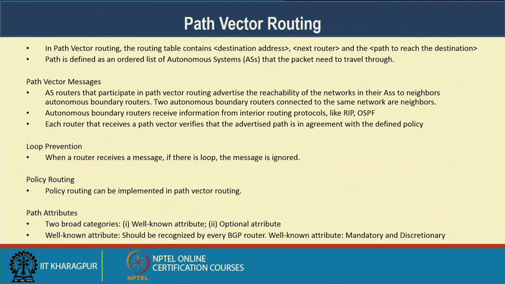Also, when we talk about paths, they come with attributes. It is not only the AS; there are attributes along with it. There are two broad kinds of attributes. One is well known attributes, and there are also optional attributes which can be followed or not. Well known attributes, like the origin of a particular message, should be recognized by these routers,